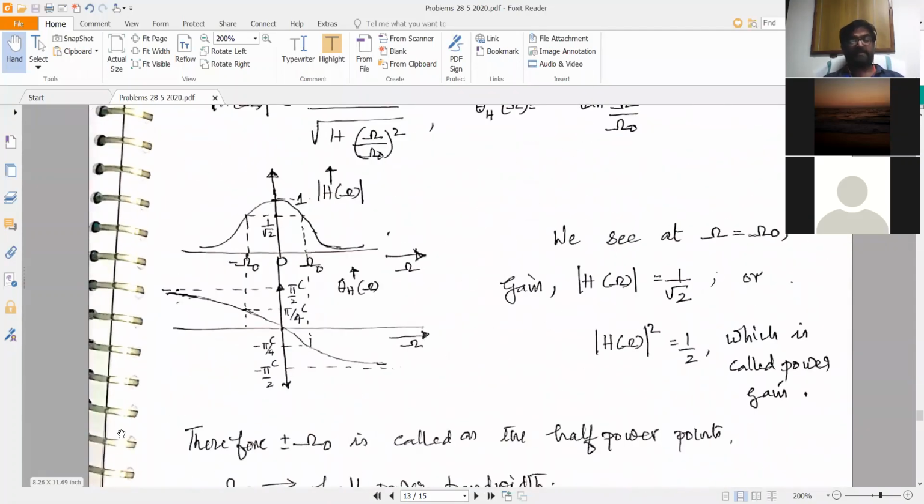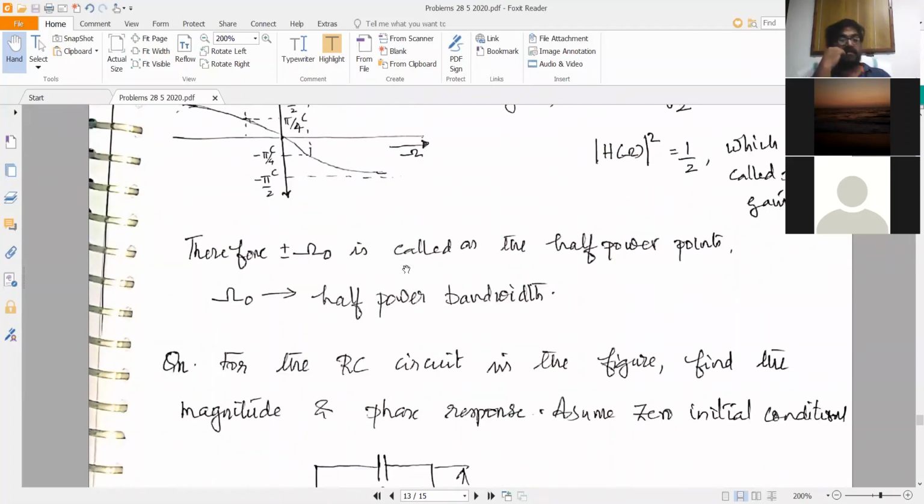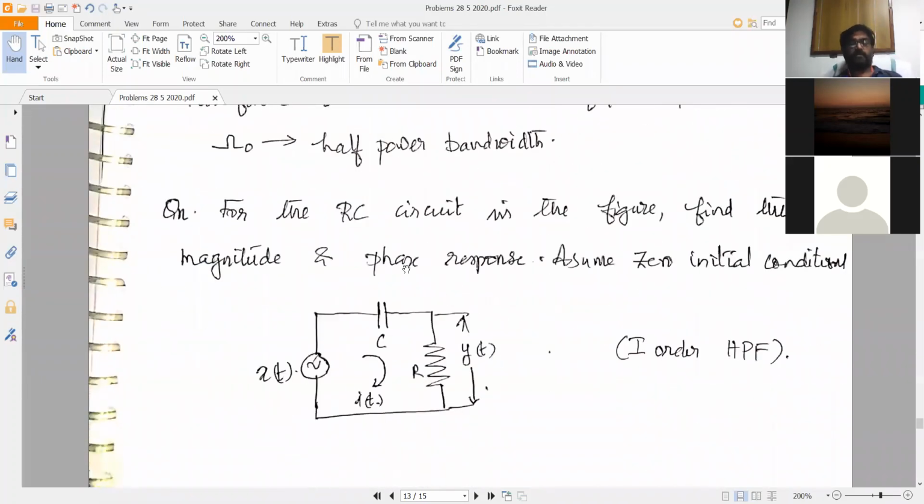You see that this is a low pass filter, right? This is a practical low pass filter. It's a first order low pass filter. In fact, this is the first order Butterworth filter that you had already seen in analog integrated circuits. If you had an active circuit, if you had an operational amplifier, this would have been your first order Butterworth filter that you had studied in analog integrated circuits. Now, we'll look at the second example.